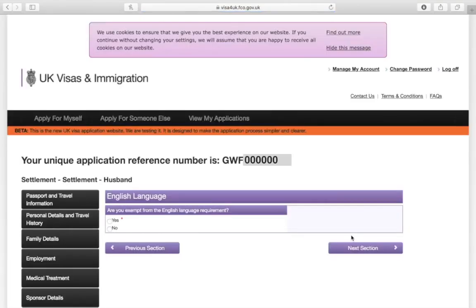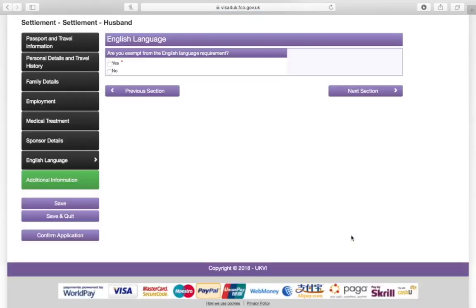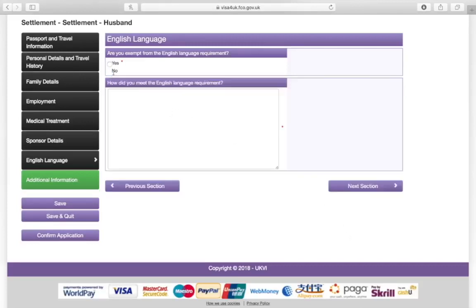We then move on to the English language. So just scroll down, it says, are you exempt from the English language requirement? My husband wasn't, so we selected no. So here it asks for some details about how he met the English requirements, and we put,